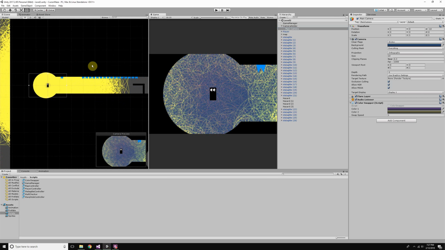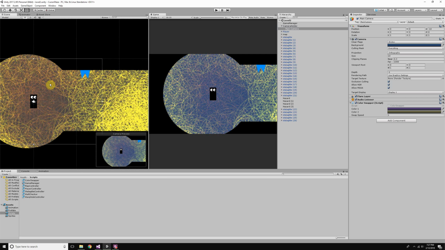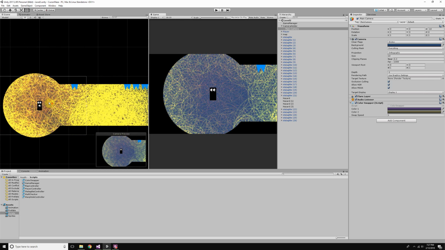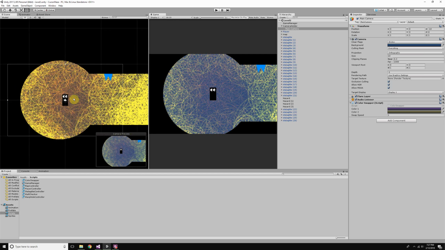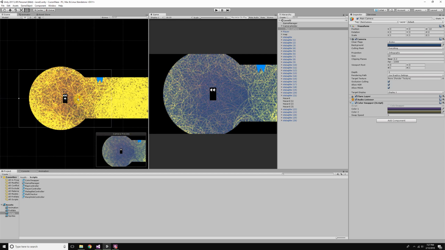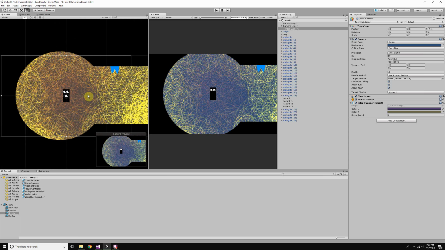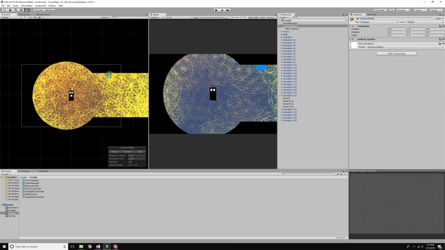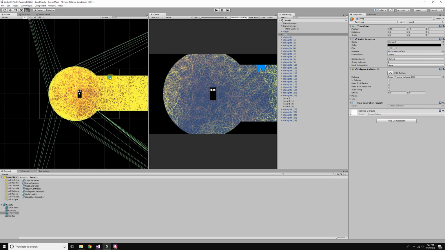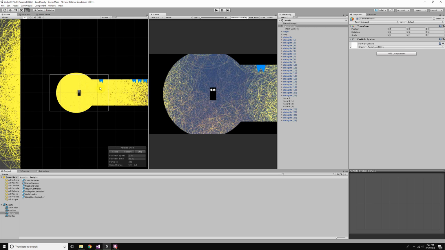Alright, in this video we're going to be setting up sound effects and music for our scene. I'm going to be using the scene that I used in the last few videos because I want to have more objects to put sounds on, and this one has those little stalactites. So with this